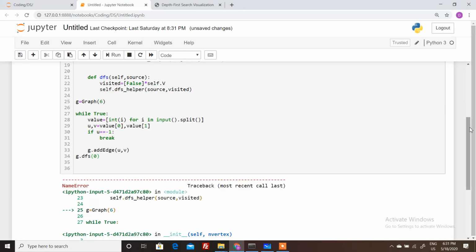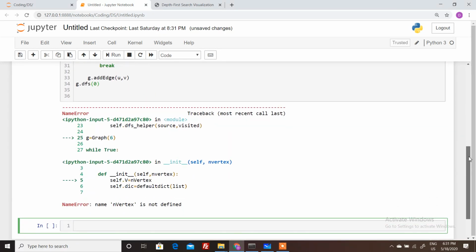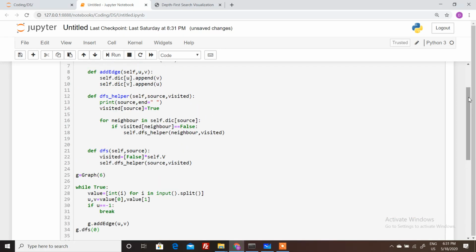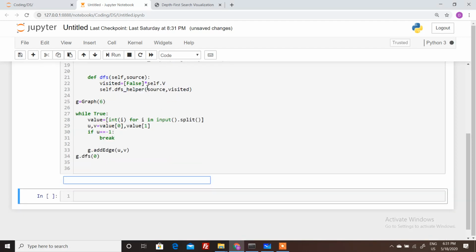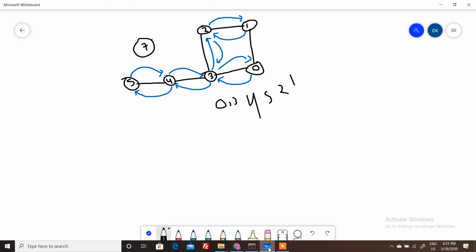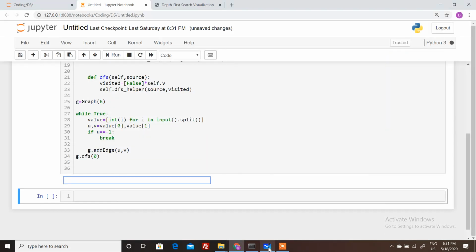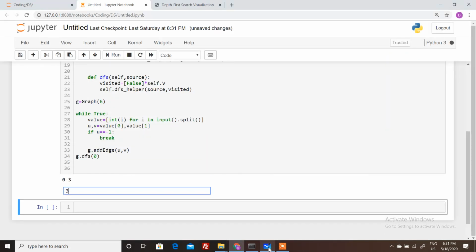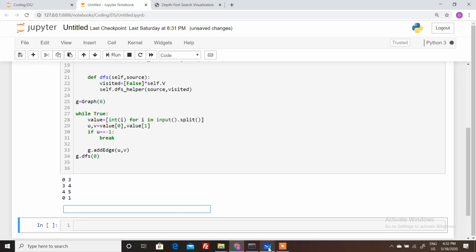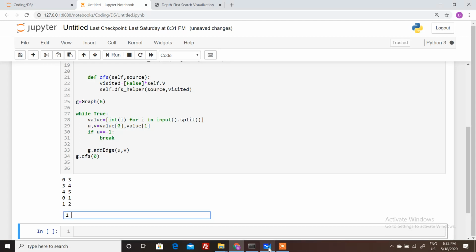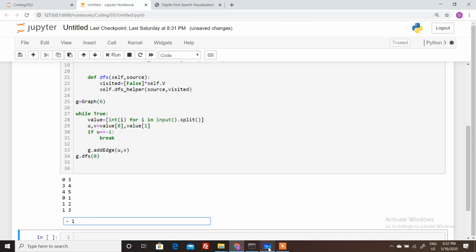Okay, it showed some error, vertex is not defined. Why? Okay, same mistake. I think now it's okay. So let's create this graph. Let's add 0, 3, then 3, 4, then 4, 5, then 0, 1, then 1 comma 2, then 1 comma 3.